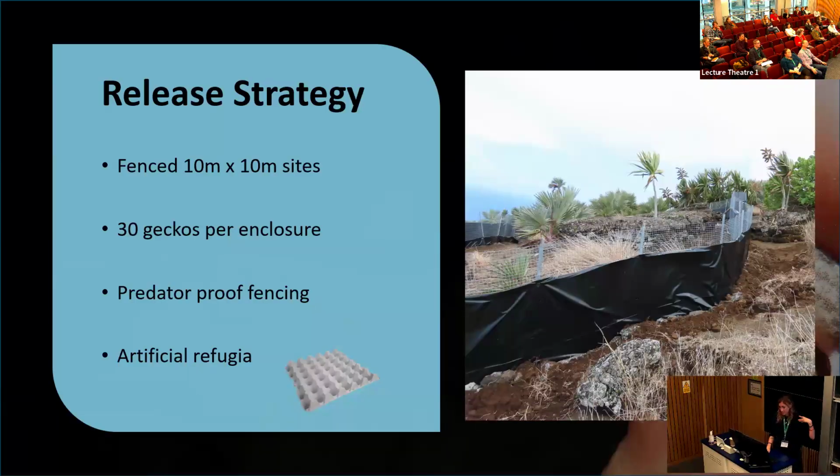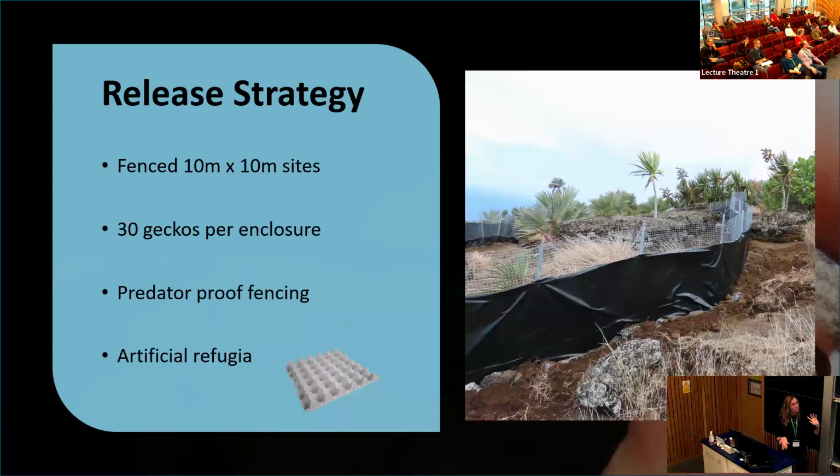So we did build fences. This is one of the fences, and we had 30 geckos per enclosure. We had 4 of these enclosures on the island, all quite close together so that eventually the populations should join together. We put this predator-proof fencing, highly sophisticated black plastic, which things with sticky toes aren't very good at climbing